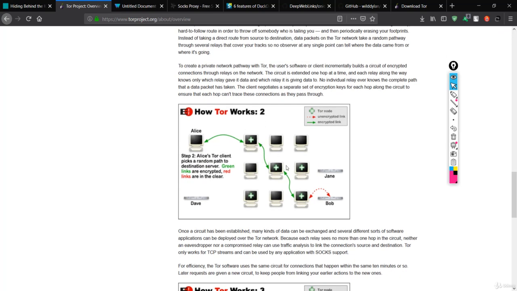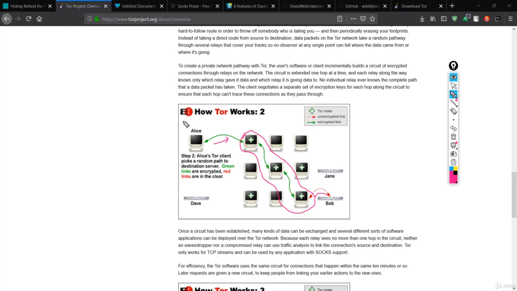You can see over here that these circuits are so encrypted that every encryption has its encrypted and decrypted key. This is the encrypted circuit over here, and this part is your Tor node. So this is your Tor node, or basically this is your encrypted link, but this link is your unencrypted link, and these three are your Tor nodes.